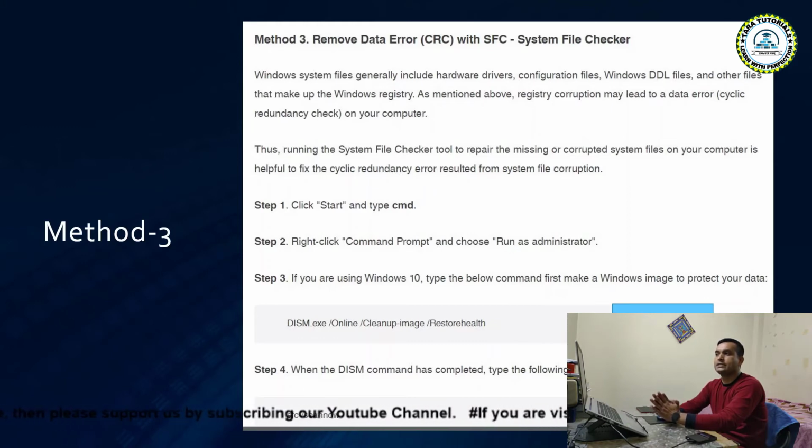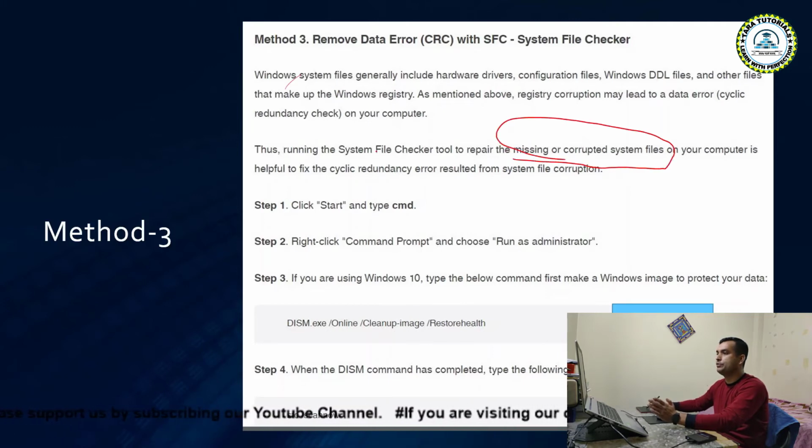So running the system file checker tool to repair the missing or corrupted system files on the computer can be helpful to fix the cyclic redundancy error resulting from the system file corruption.